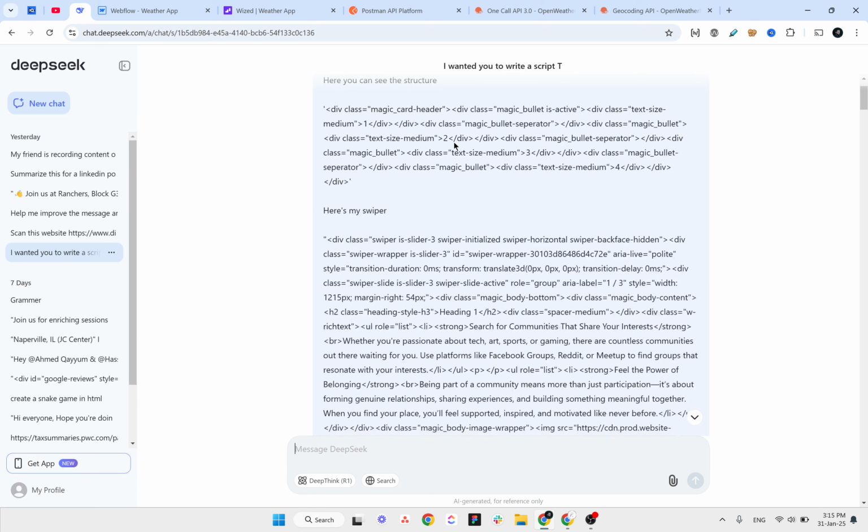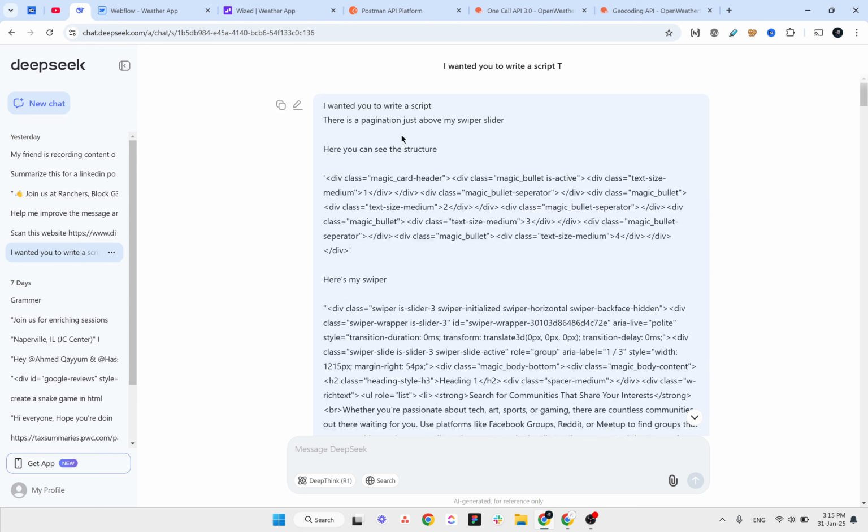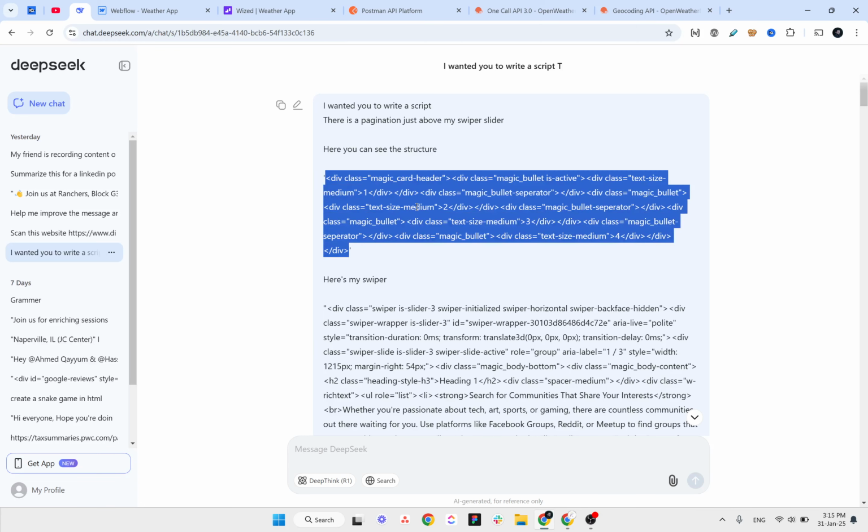If, for example, you want a similar concept, a custom slider, and you want to take help from ChatGPT or DeepSeek, this is how I generated the code. I told DeepSeek that I wanted it to write a script, and there's a pagination just above my swiper slider. I'm not very good at prompt engineering, but this is how I got the script. I provided DeepSeek the HTML